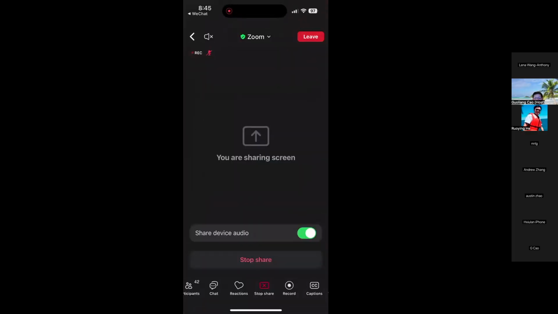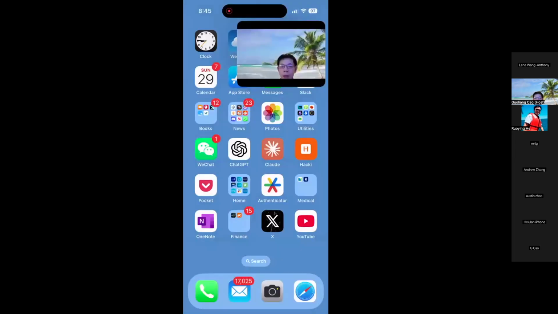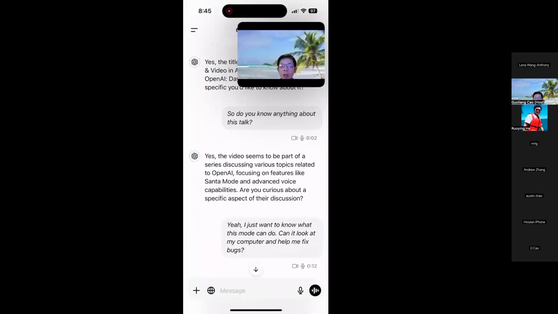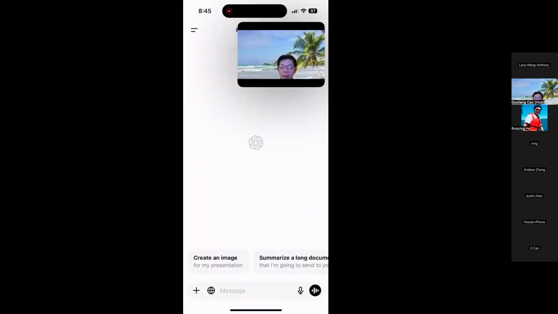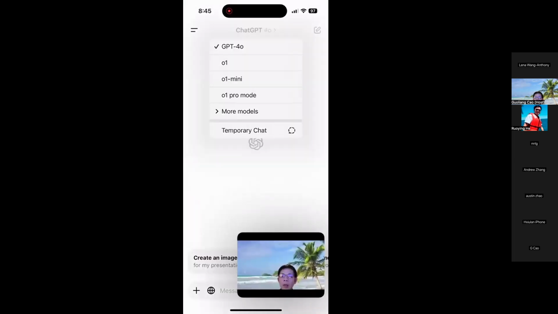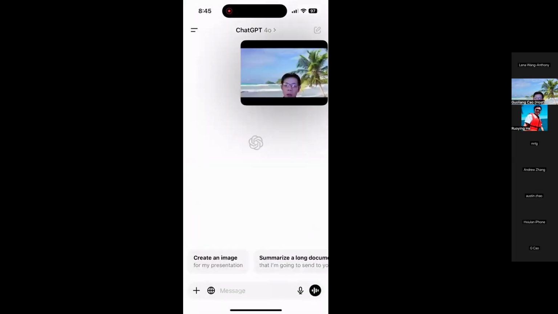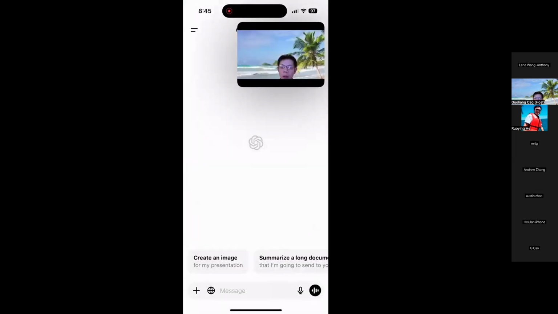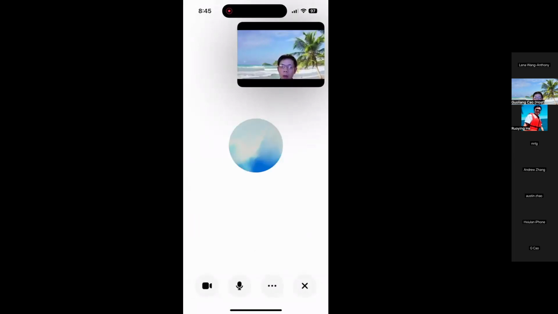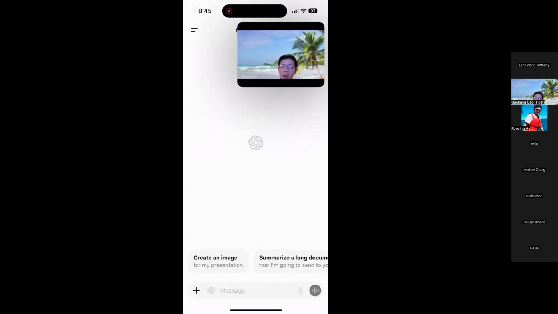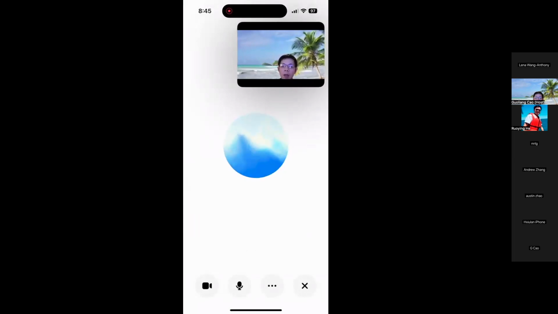Okay, yeah, you can see, and I have ChatGPT here. Now I can use this button to come to here. And now I think I probably need to go back.